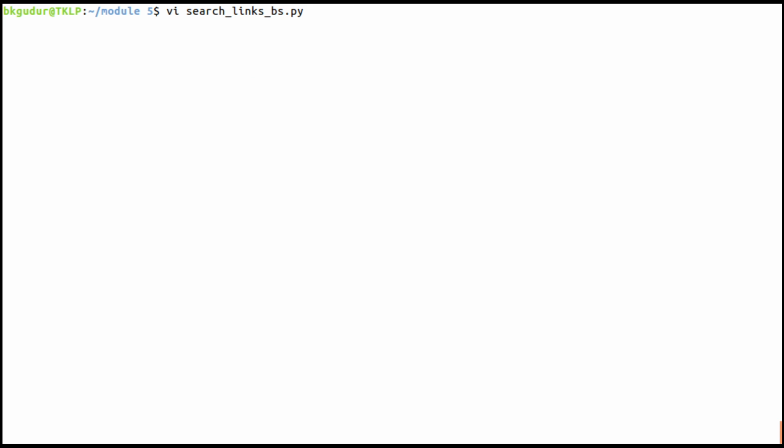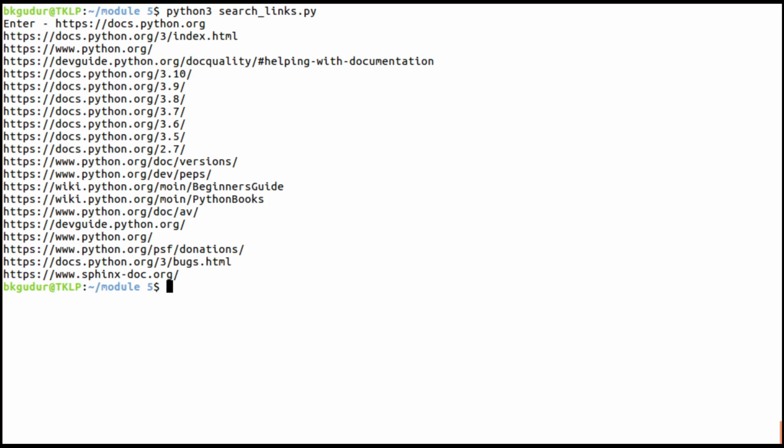There was one program, python3 search links.py. This particular program is using RE. To this I am going to give a web page, http://docs.python.org. Let us see how many pages it will return.